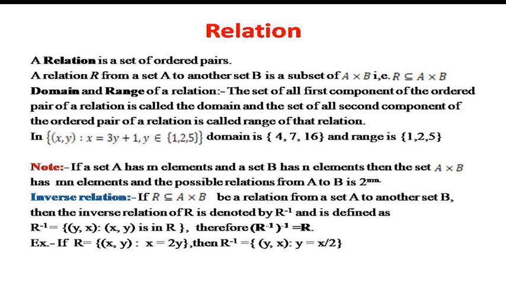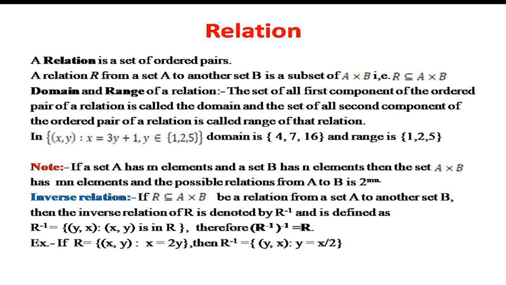And the elements of A cross B we have seen in the earlier slide: A cross B is the set of all those elements in the form of ordered pairs, where the first element comes from the set A and the second element comes from the set B. So here we can say that R is also a set of ordered pairs (a, b), where a comes from the set capital A and b comes from the set capital B.